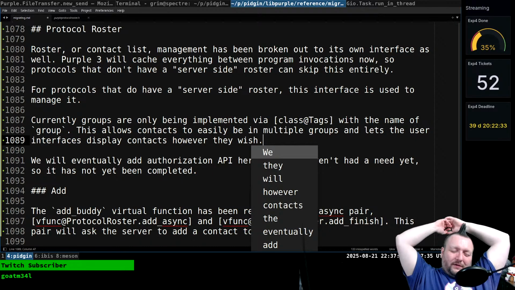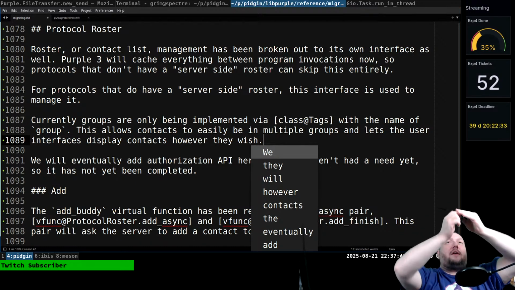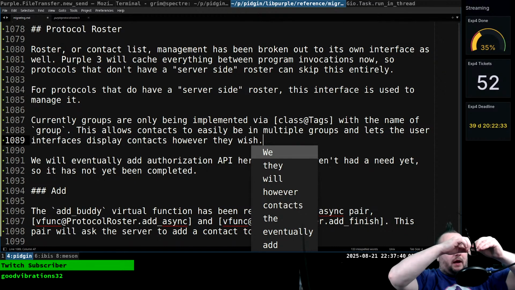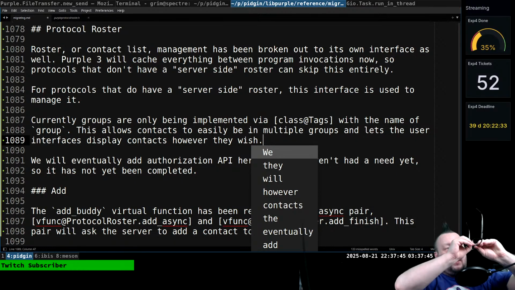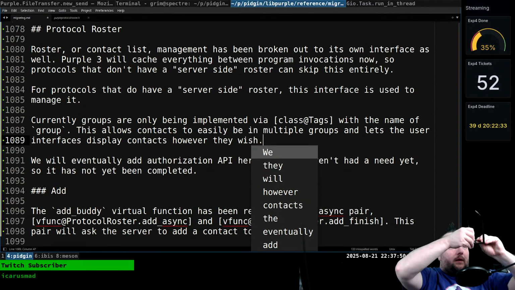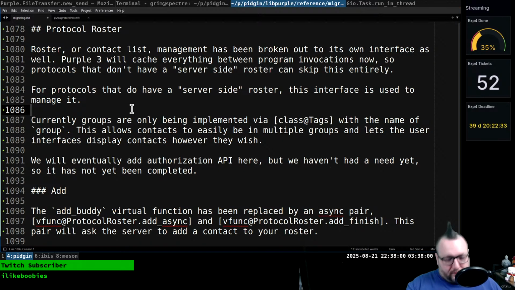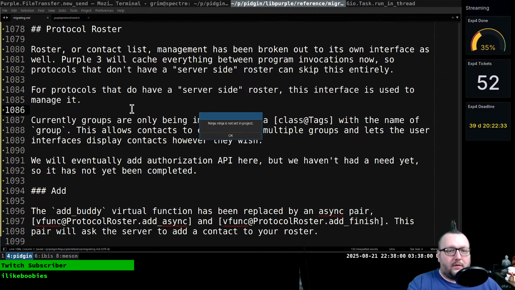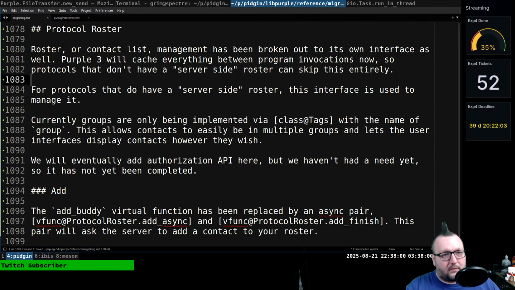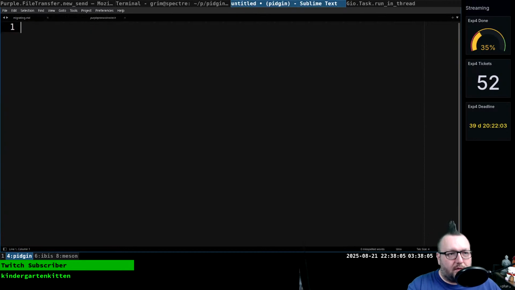So in Purple 2, the contact list was a giant tree structure, an honorary tree, and a buddy was a node in that tree. That was a leaf. Is that dirt or is that actually? Well, that's definitely dirt. So it was very difficult. So like in the structure of the tree,